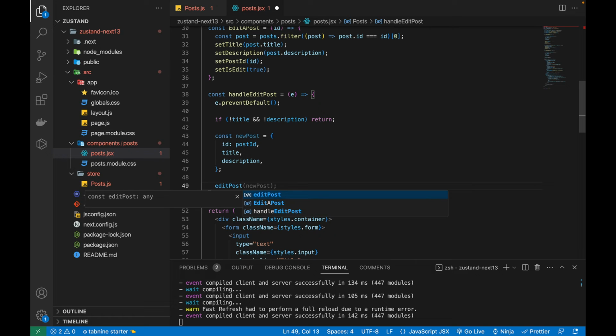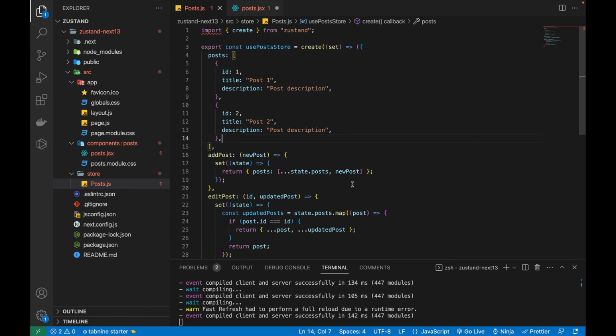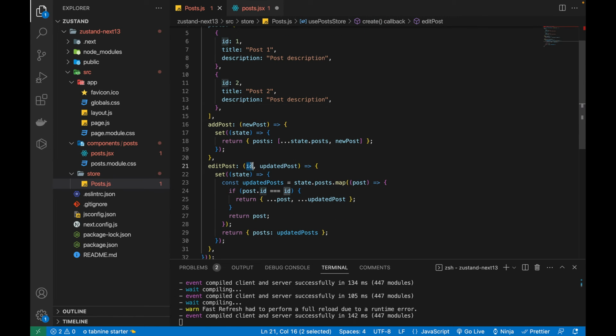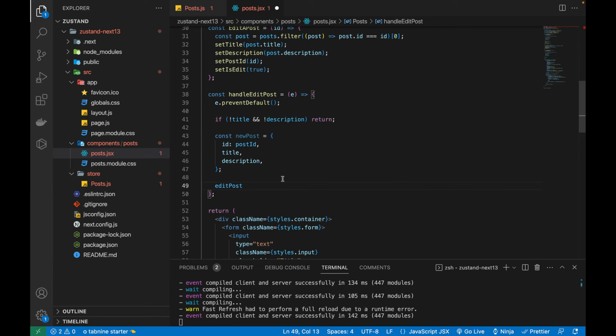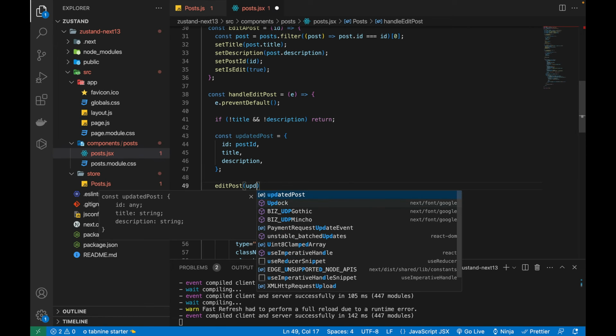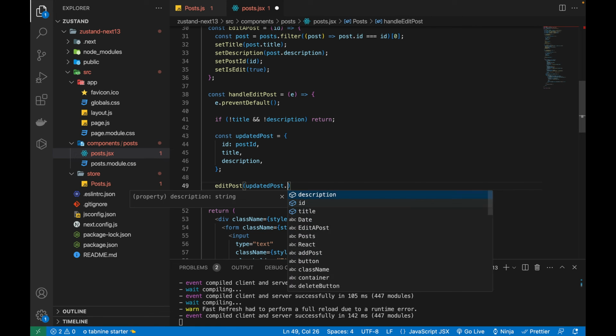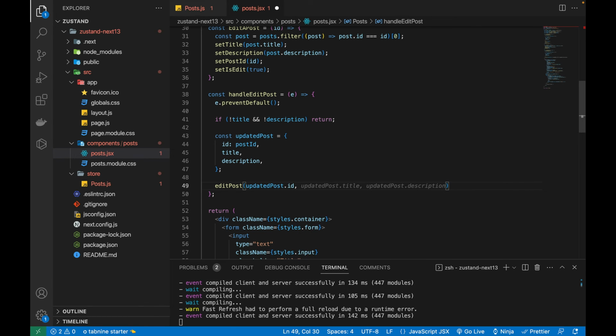This is the function of the Zustand store, and inside it, first of all, I need to pass the id and then the updated post. So the id I can get from this new post. Let's change its name to avoid any confusion: updatedPost, and then editPost, updatedPost.id, and then updatedPost,